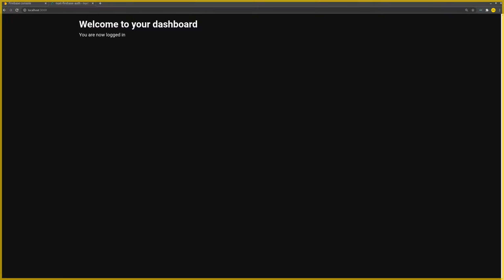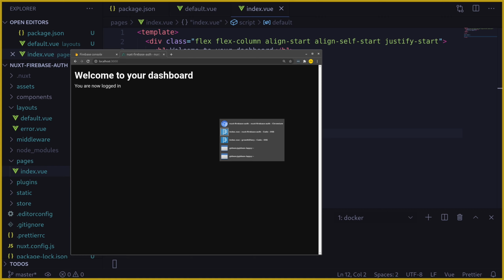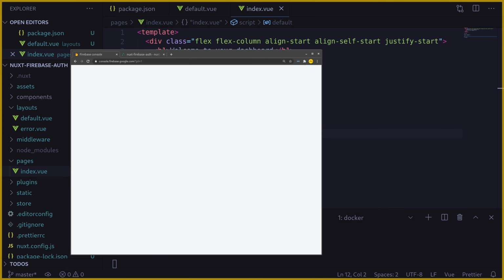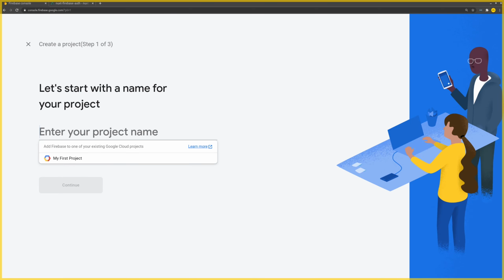So what we want to do is we want to hook up Firebase, and we want to basically hook up Firebase authentication so that we can route the user to a login screen if they are not logged in. All right, so that's the next step. So let's do that. Let's create the Firebase project quickly, and let's just go to Firebase, and here you can see some of our other projects. I'm just gonna say add project. Let's just call this